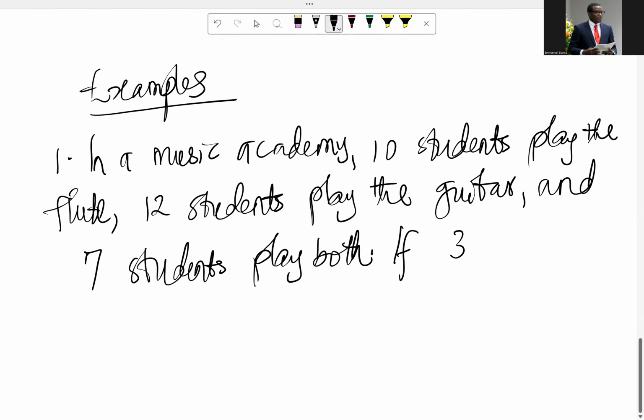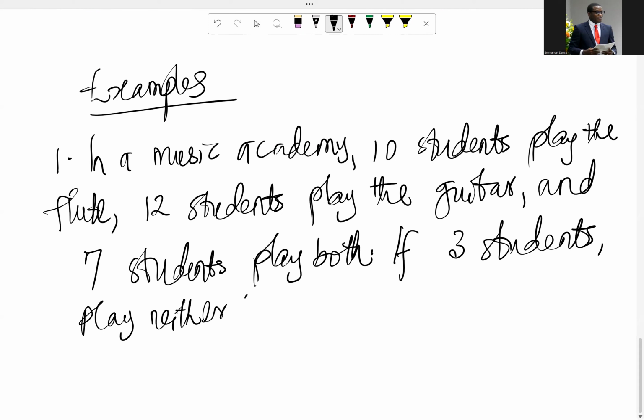If 3 students play neither the flute nor the guitar,